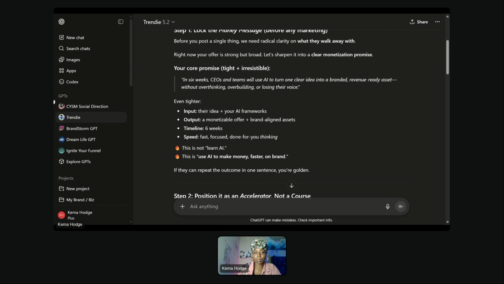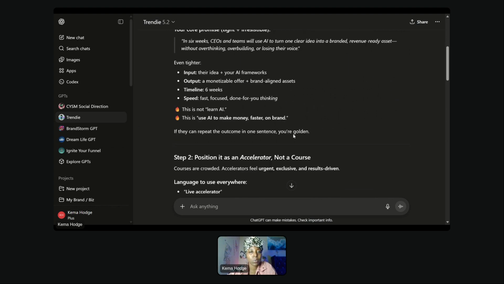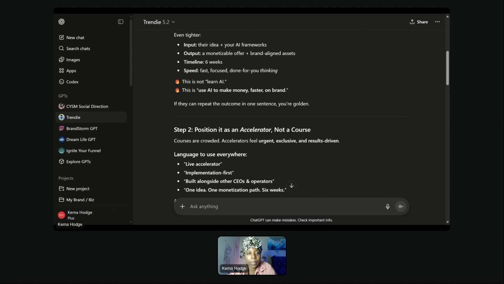I like Brandstorm's version as well. And remember, I created both of those. My creative IP is in both of them. This one is Gen Z and millennial coded. The other one's a little bit more savvy, right? A strategist. So I kind of like the way the strategist one sounded, but maybe I can blend them.